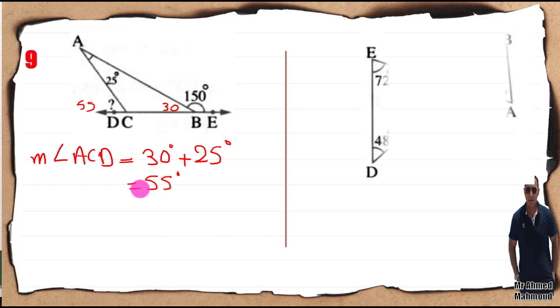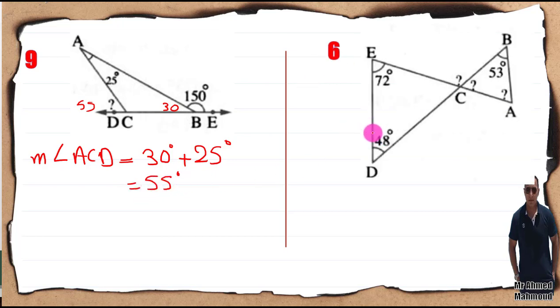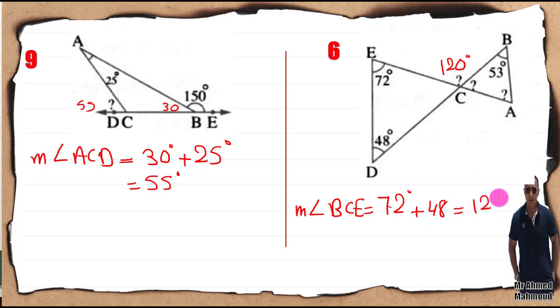55 degrees. Another example. Here I can find this one is exterior for this triangle, so this angle equals 72 plus 48 equals 120 degrees. So the first step, measure of angle BCE equals 72 plus 48 equals 120 degrees. Okay, the second step, measure of angle BCA,